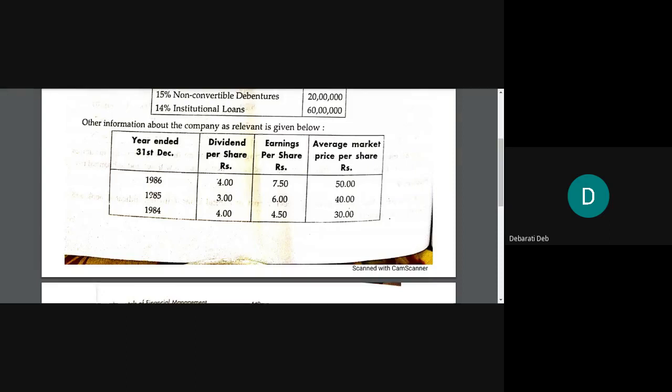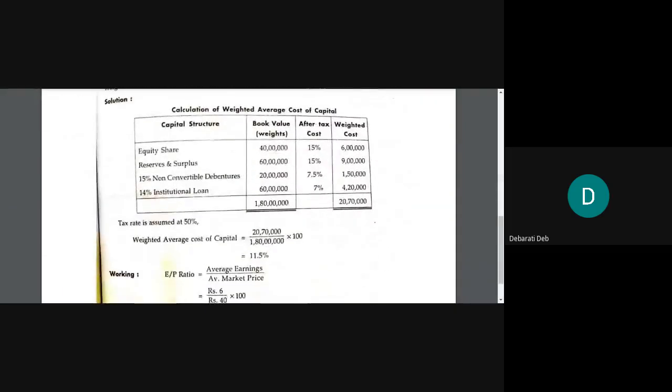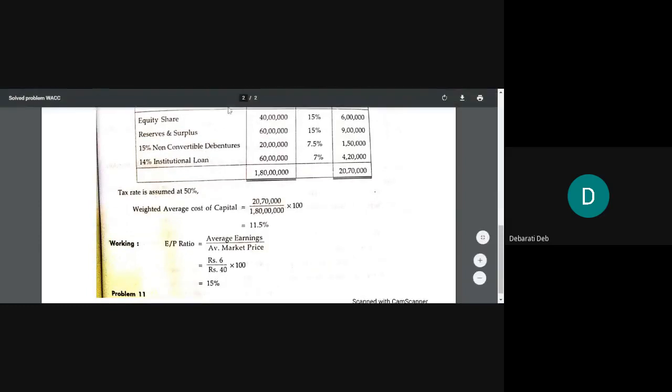But in these cases, when the year ending date is not regular, not continuous, and the data is not uniform all the way, even if one of the data is not uniform, that is a matter of question, okay? So in these cases, you will take the average. What I mean is, in order to calculate this equity shares